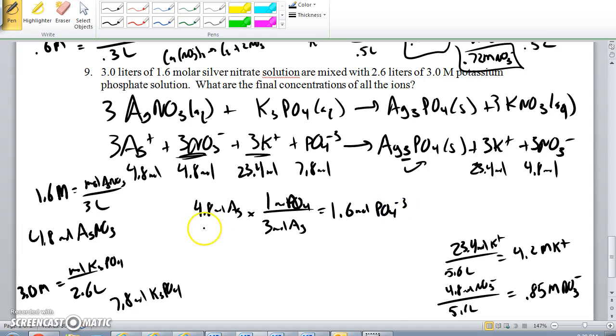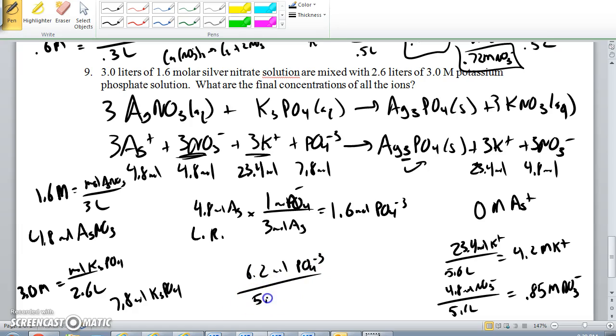Well, that tells me that this is the limiting reagent, because the 4.8 will be consumed with the 1.6. Well, I have 7.8, so I have plenty of phosphate. Silver runs out, so the molarity of silver is 0. But I have 7.8 minus 1.6, so I'm left with 6.2 moles of phosphate